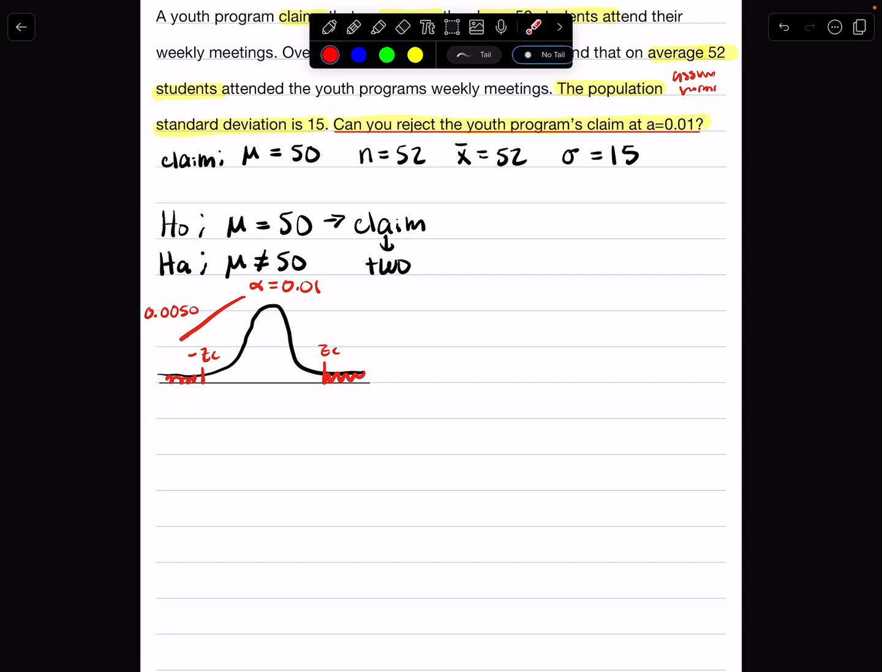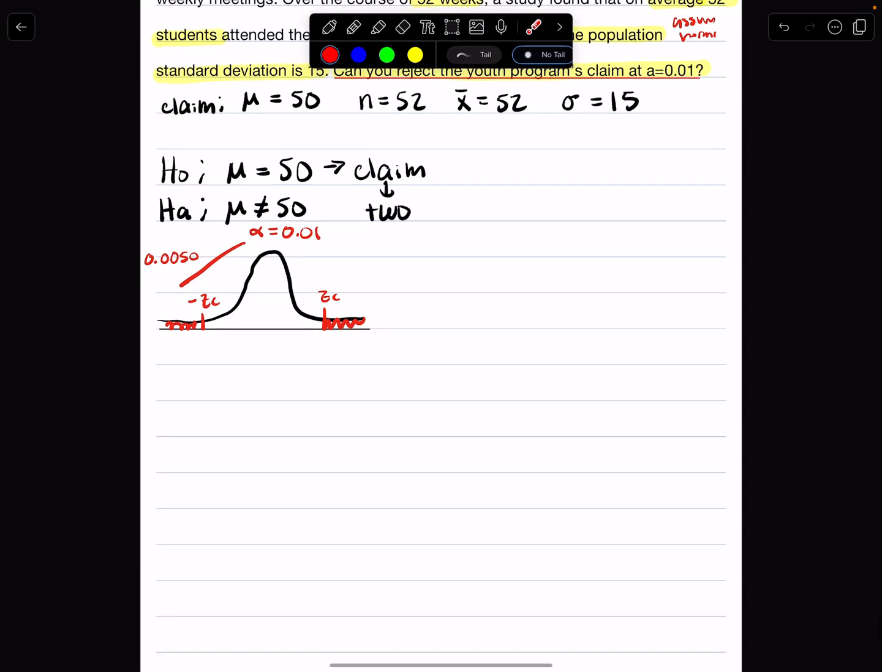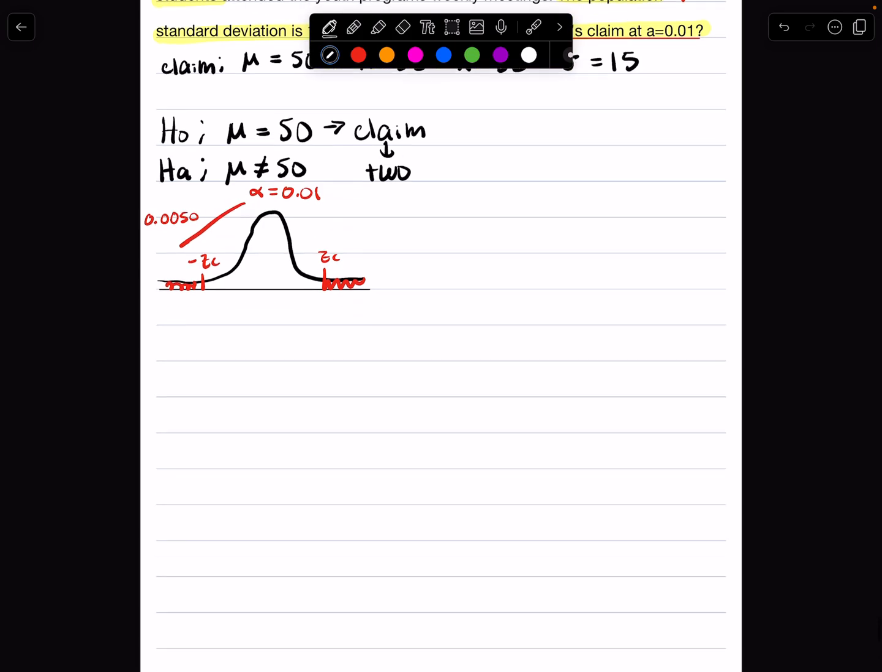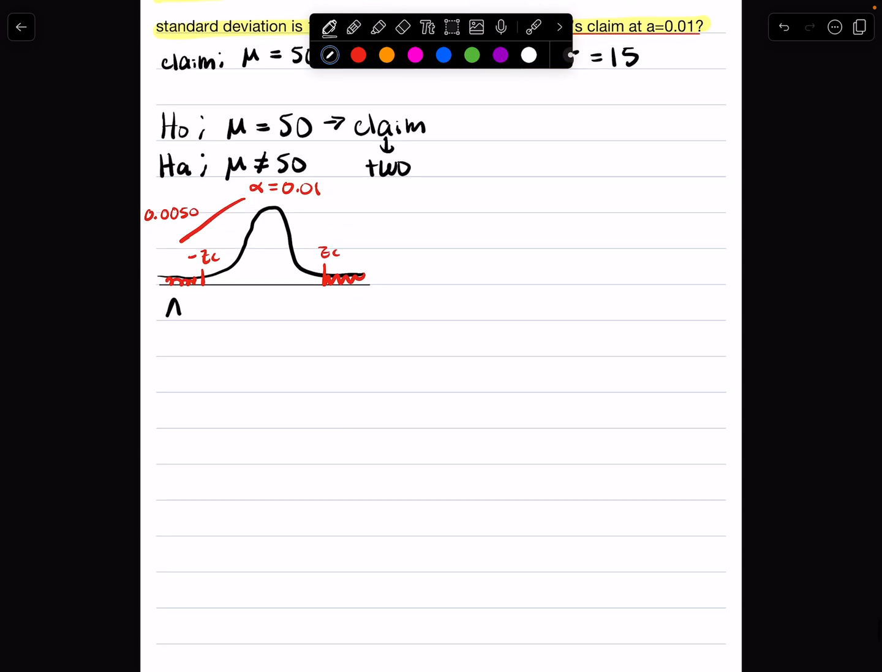So you have to be really careful, because if you get this wrong, the rest of your problem will be wrong. Because whatever critical value we get, we are going to compare our z-value to. And if we have the wrong critical value, we'll possibly have the wrong conclusion. It's likely that we will have the wrong conclusion. Okay, so half of 0.01 is 0.0050. So now what we know is that the area to the left of our negative critical value is